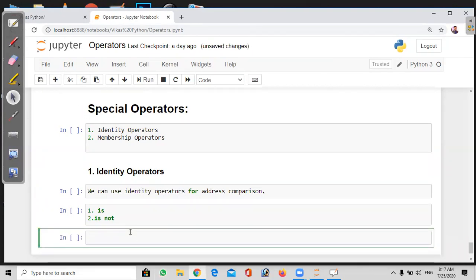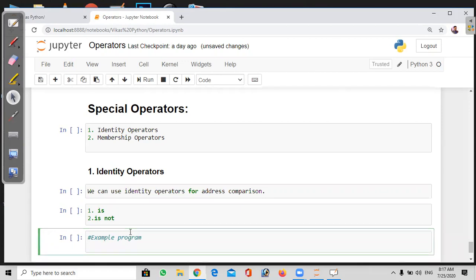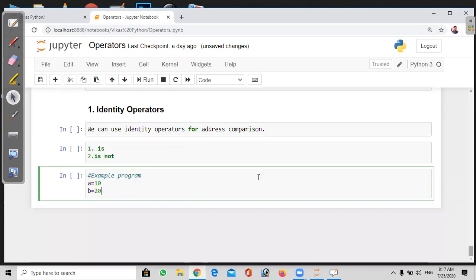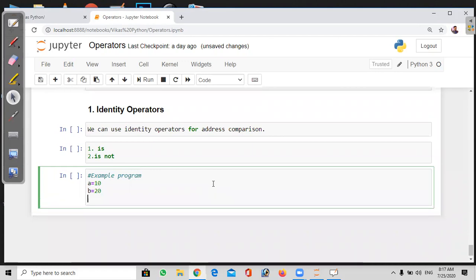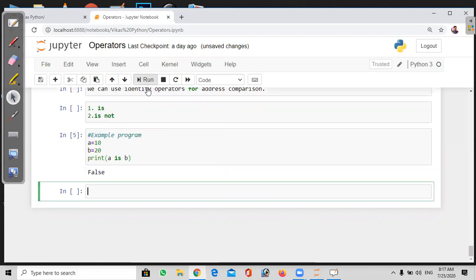For example, an example program: a equal to 10, b equal to 20. Here I'm giving two different values to a and b. I'm going to check with print of a is b, just checking whether a is b or not. It gives false. Why does it give false?